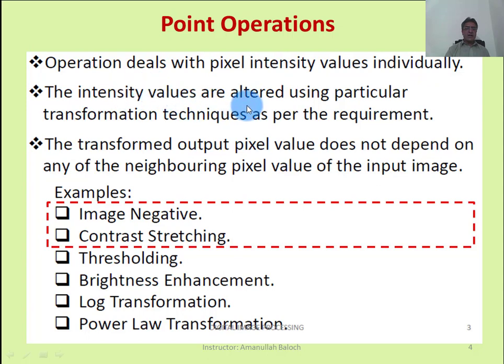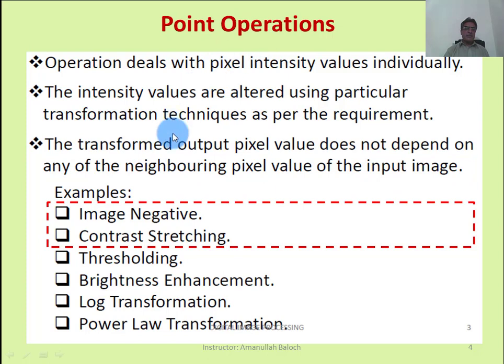The intensity values are altered using particular transformation techniques. There are many transformation techniques which we will apply one by one on each and every pixel value, and we will get the transformed value, and the results of different techniques will be different. The transformed output pixel value does not depend on any of the neighboring pixel values of the input image.